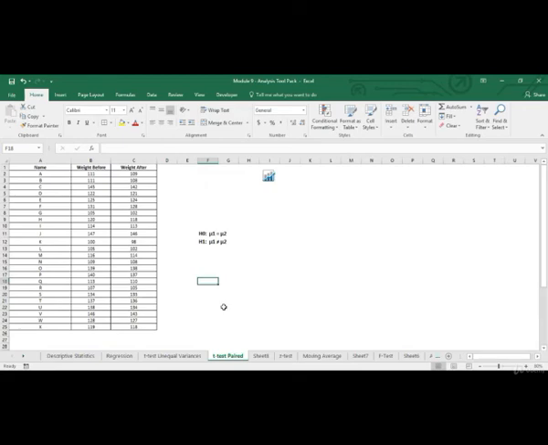That is when the samples are different, independent of each other. Let's say, for example, two groups of 10 students being compared with Excel, assuming equal variance. The third one is two samples assuming unequal variances, just similar to two sample assuming equal variance, just that over here the variance is either unknown or different.